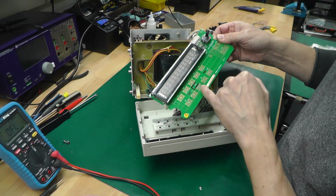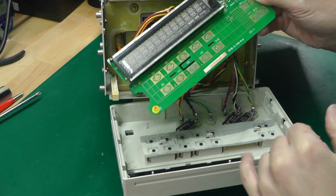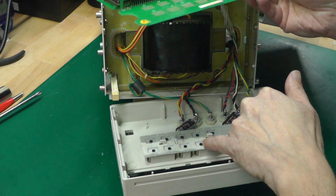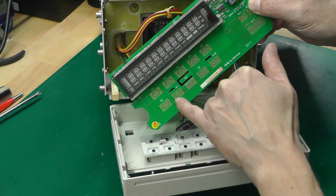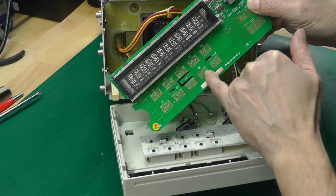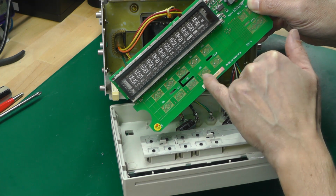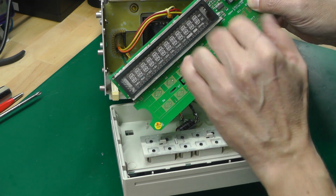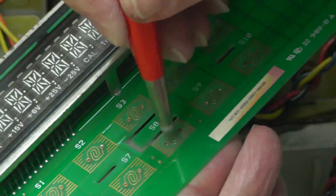I thought maybe it was dirty contacts in here. The rubber is okay, so what you have is like a little graphite plunger sort of thing on the end of the knobs there, and they come in contact with these circle of tracks there and basically short out the two contacts, and then they go down through two vias on the other side of the board, and they look clean enough. I think what I'll do is give it a little bit of a clean up here